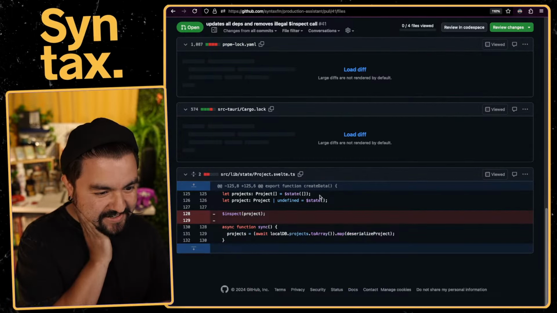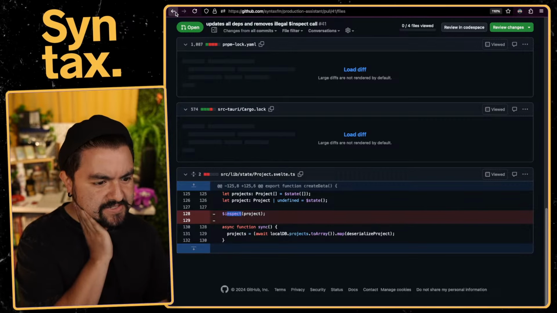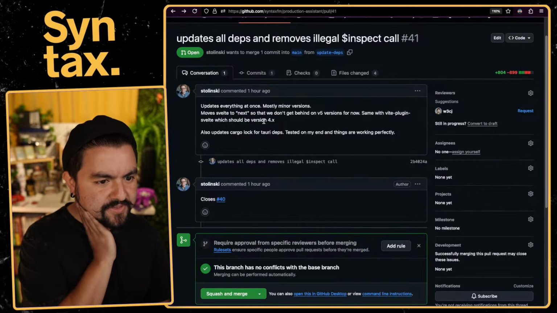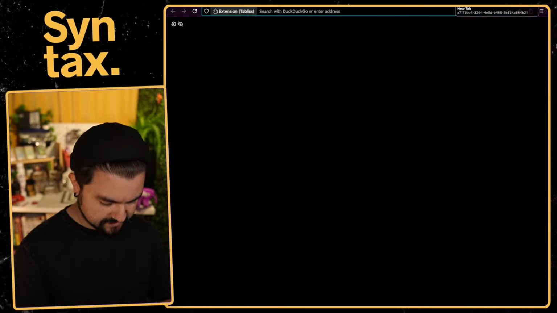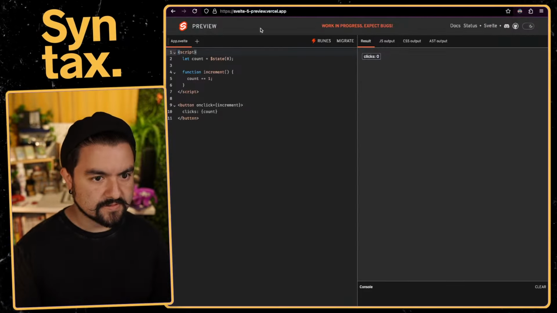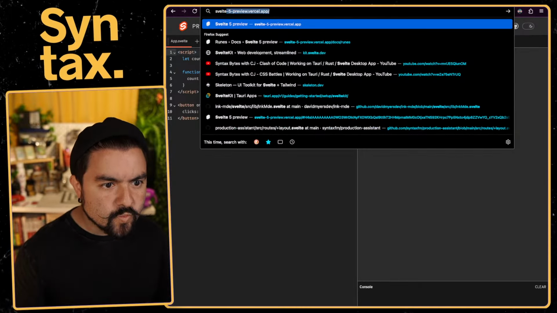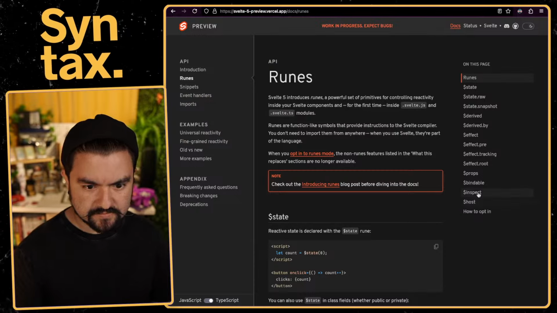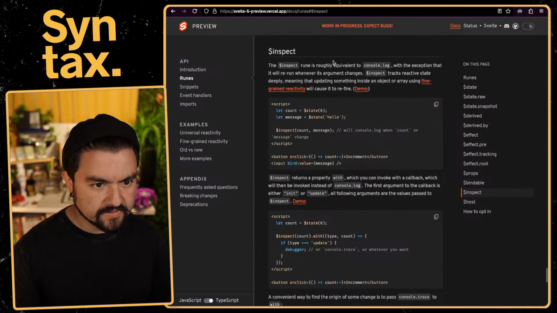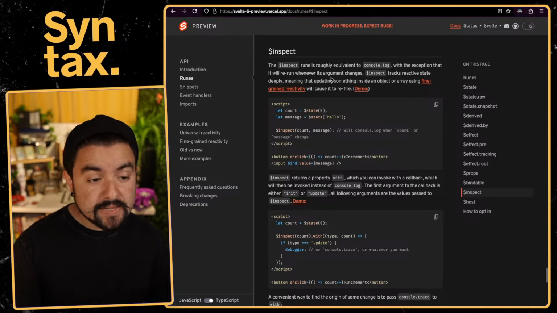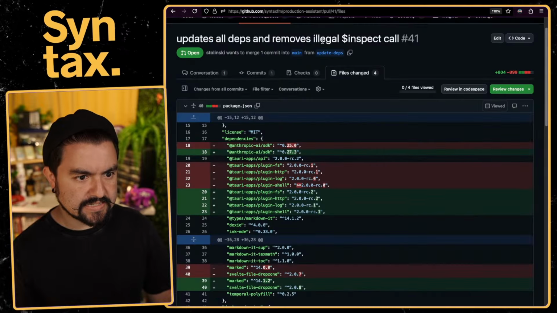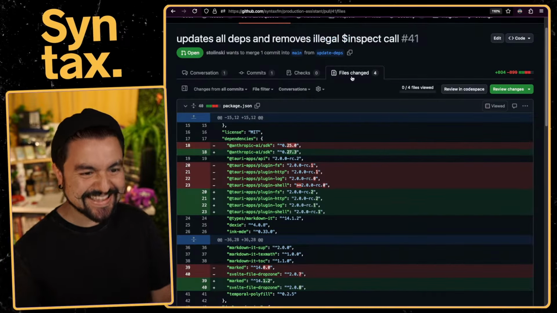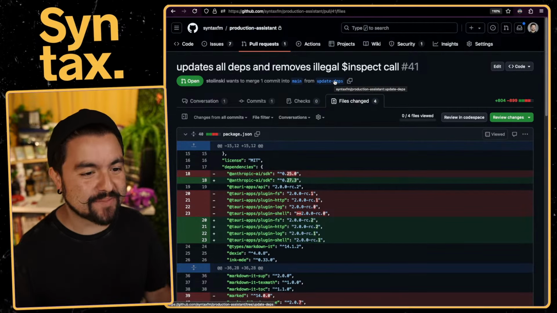And then what does this do, Scott? $inspect? Is that a Svelte thing? Or did that used to be a Svelte thing? Docs. Inspect. Roughly equivalent to console log, with the exception that it will rerun whenever the argument changes. Oh, that's cool. But why did you call it illegal? Illegal. Okay, regardless, I'm going to pull this down